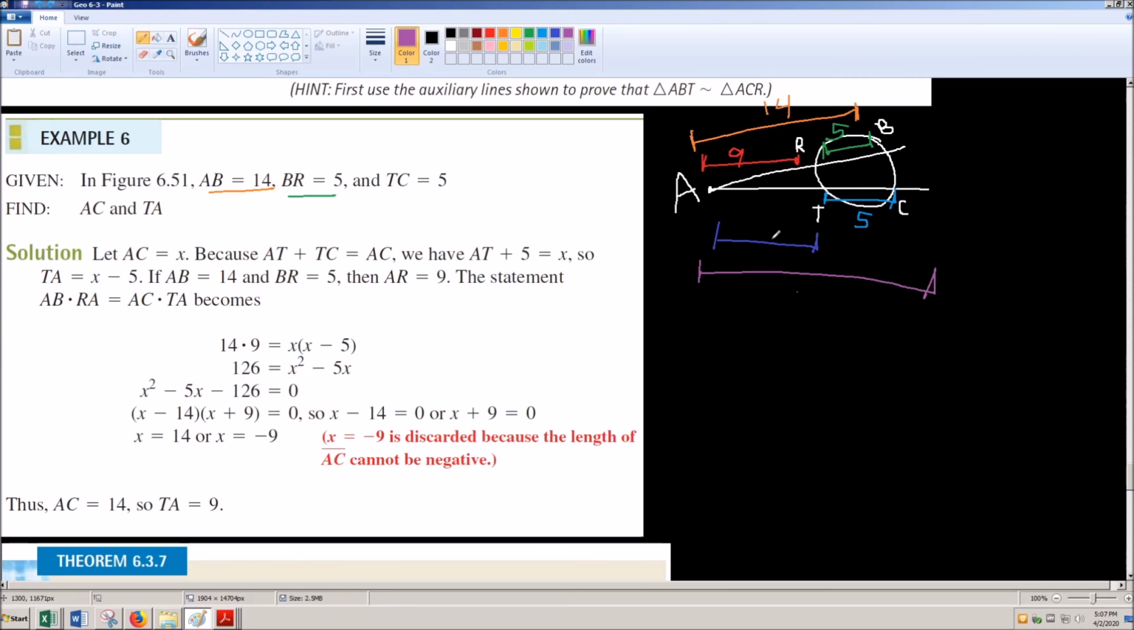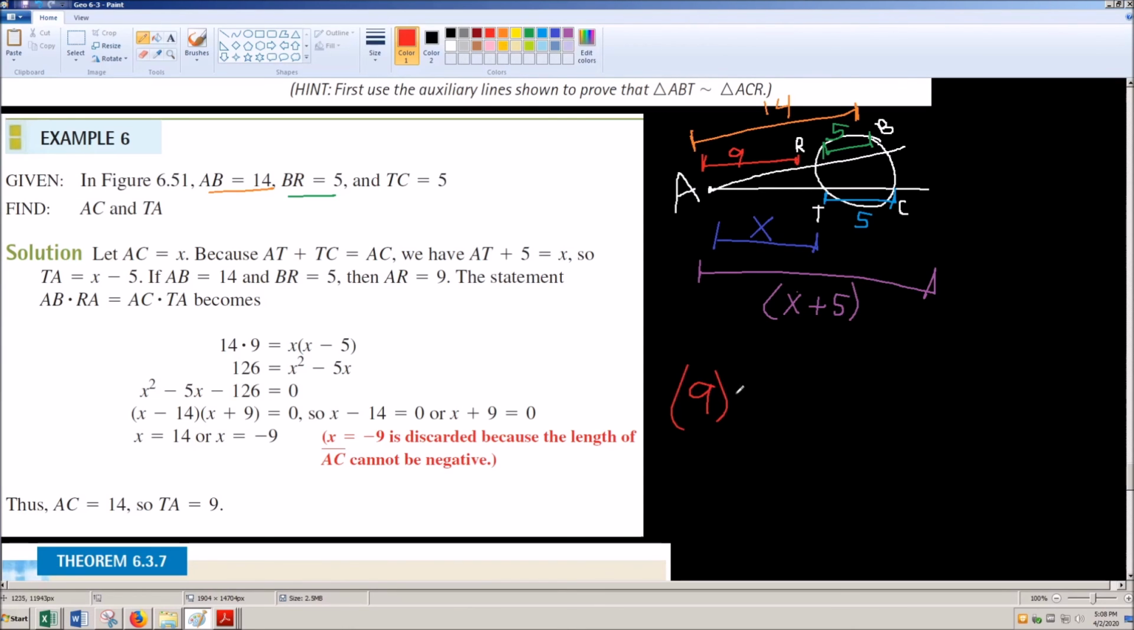So I'm just going to call this one my X. So if I want to talk about this whole length here, I'd be talking about the length as X plus 5. Again, I don't know what the value is, but I can still use it as a full length. So I have this property which says if I take the little chunk out here to the first intersection times the longer chunk out to here, I'm going to have that set equal to this thing and then times that thing. So I'm going to set this up as